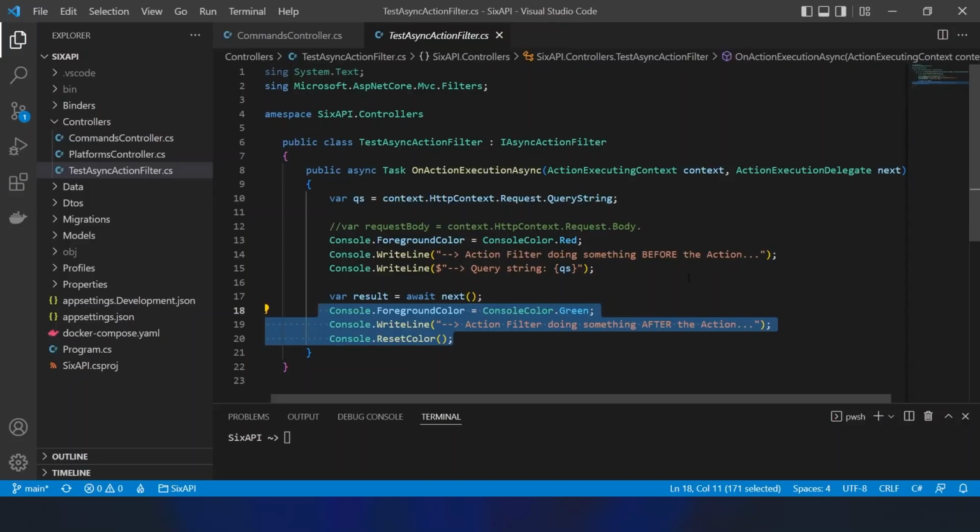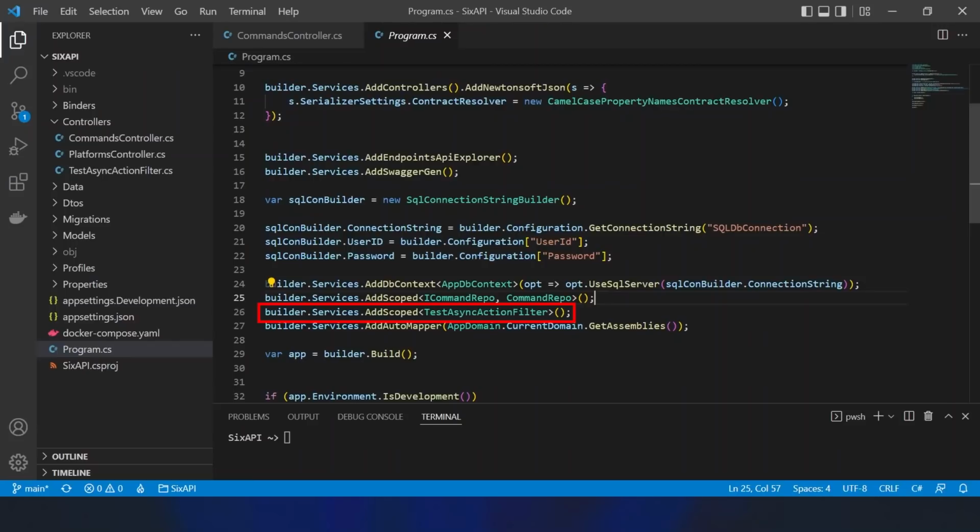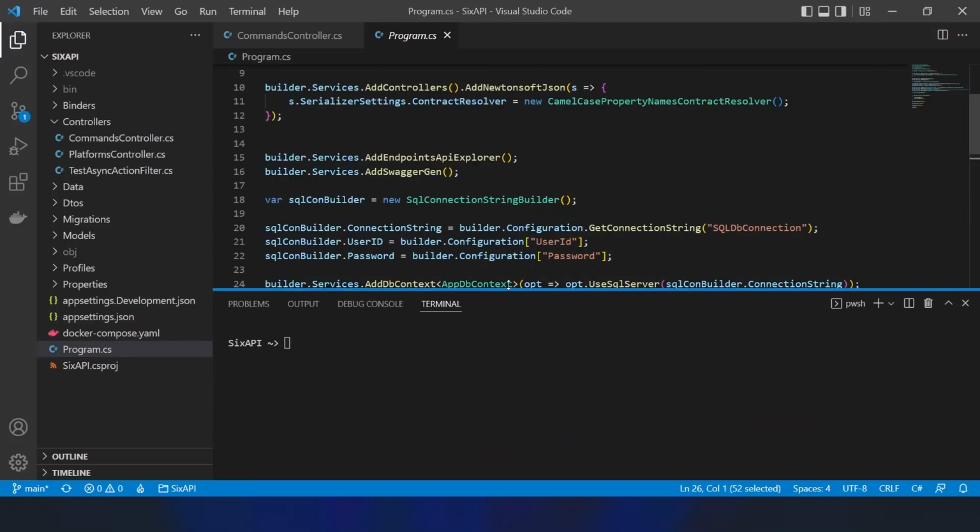The use cases for this are maybe many and various. It really depends whether you have a need to do something before the request is dealt with or after. That's what filtering is used for predominantly. The only other thing we need to do is, in the program class, register that action filter for dependency injection. So to see what that looks like, we'll just do a dotnet run